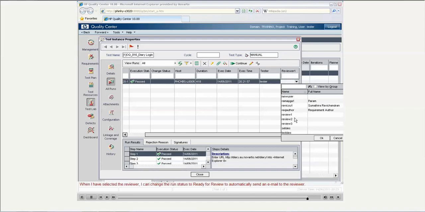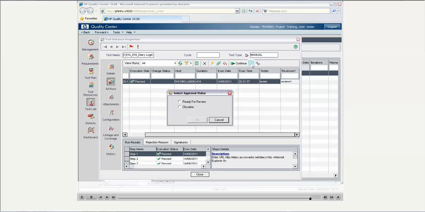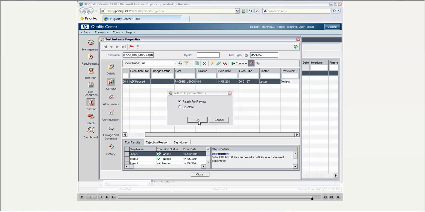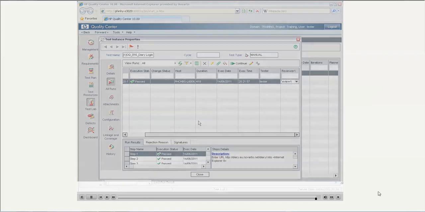When I have selected the reviewer, I can change the run status to ready for review to automatically send an email to the reviewer. An email with the run details and a request to review the results will now be sent to the reviewer. This is the